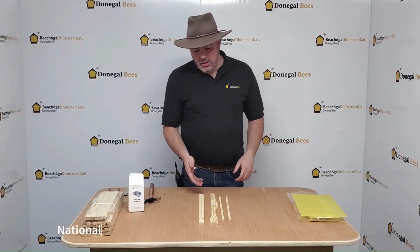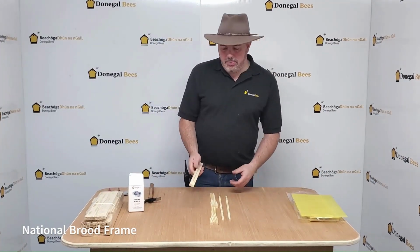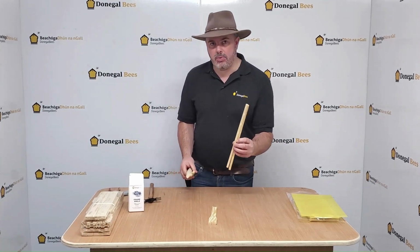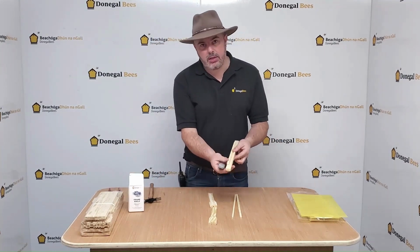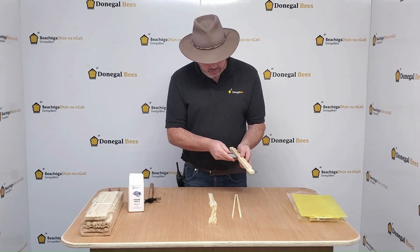So hi guys, today we're going to assemble a National brood frame. It consists of 5 pieces: a top bar, 2 side bars and 2 bottom bars. You start off with the top bar and you remove the wedge. You'll see a piece that's actually not fully supported. You run it along with a knife